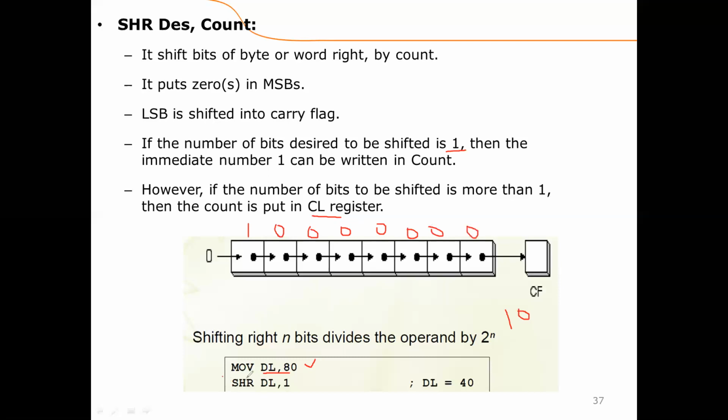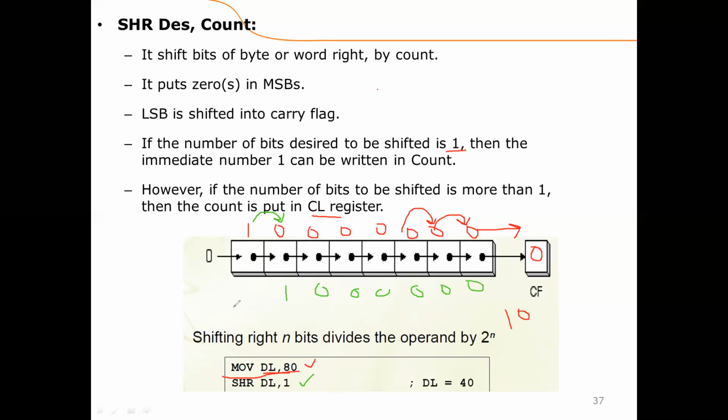Now if we perform this operation, then this 0 will come out and will be shifted to the carry flag. If we shift it one time, it will be shifted to the carry flag, and every bit will change its position by 1 bit only. In a similar way, this 1 will come to this position. So after shifting this number, what will be the result? This will become 0, this 0, 0 after the shift operation.